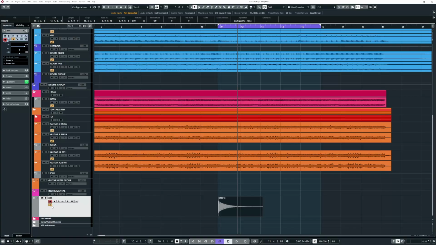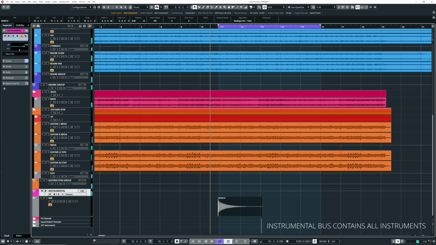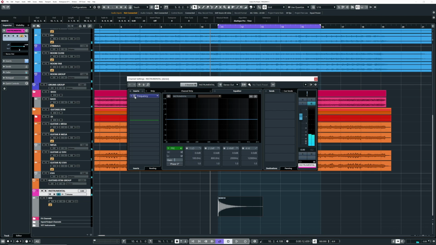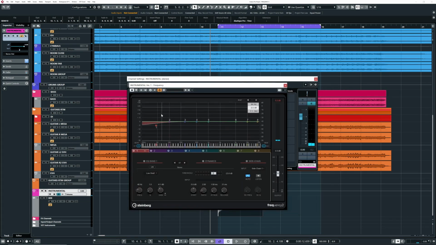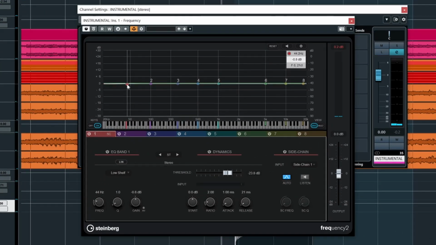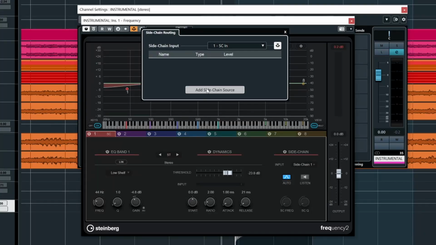Here we go. Okay, so this is the 808. And this is the instrumental, which is basically the whole mix. So on the instrumental, we have Frequency. And I have a tiny dip, around 3 decibels or so, just for the low end. Then I'm going to the sidechain and add